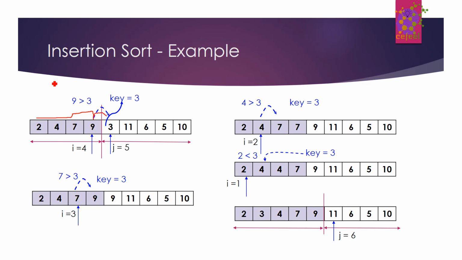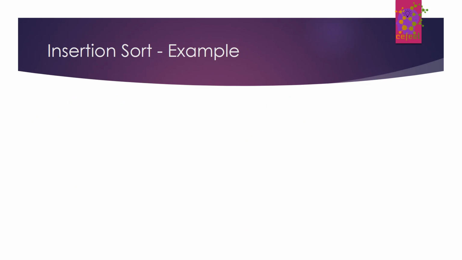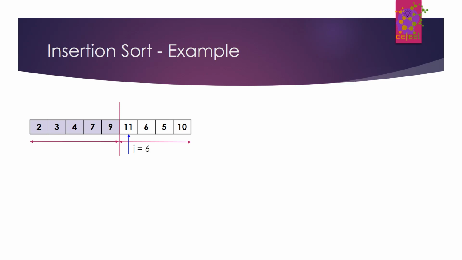So J's value is incremented to 6, which points to 11. So we'll start with assigning key as 11, and then we'll keep comparing it with previous items, which means first we'll start and compare with 5, and notice that